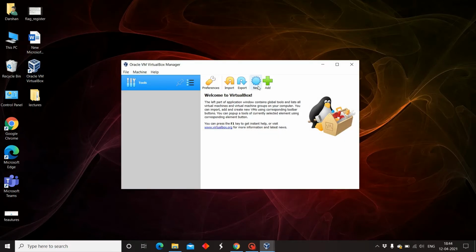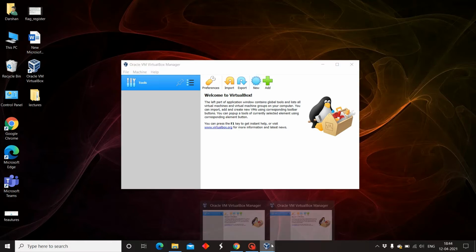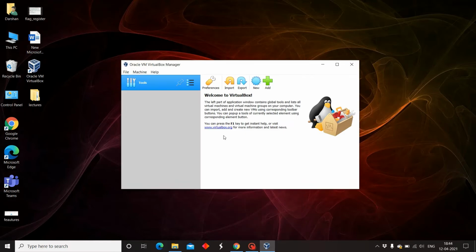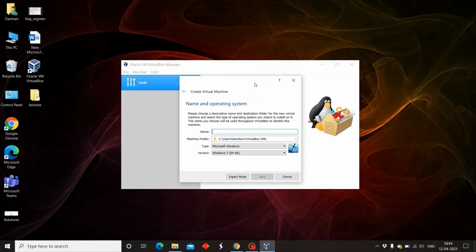Then go to New and type here Ubuntu, and mention the version, 20.04, and this should automatically be set up.